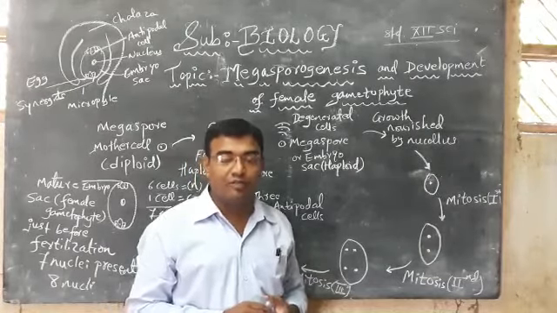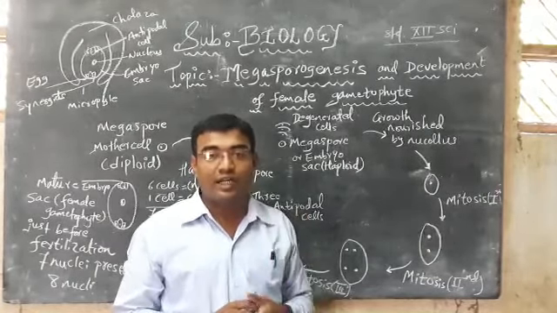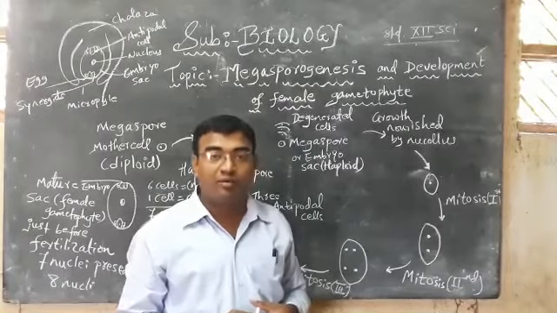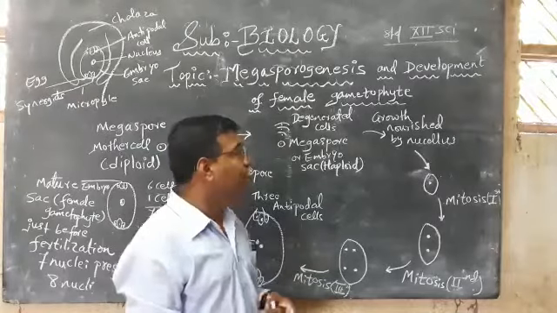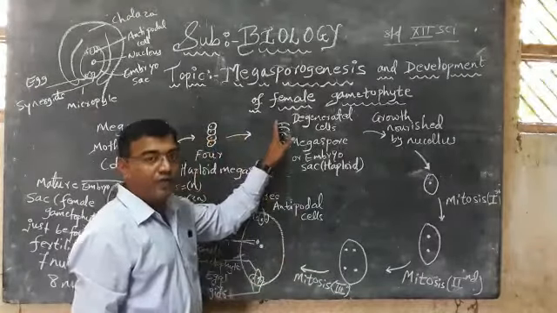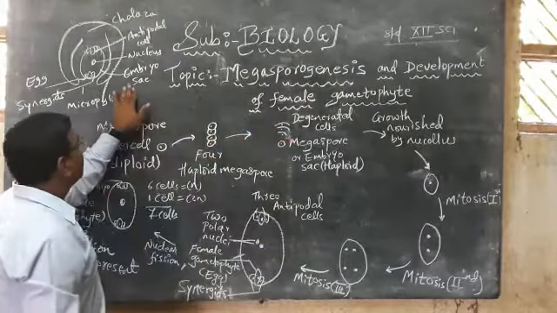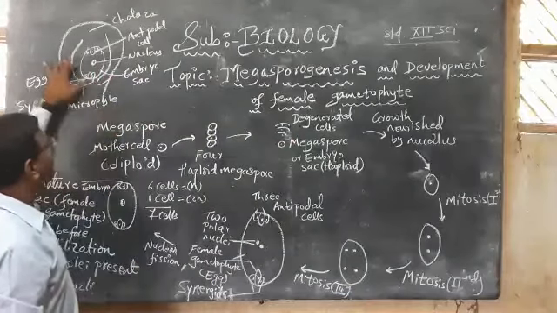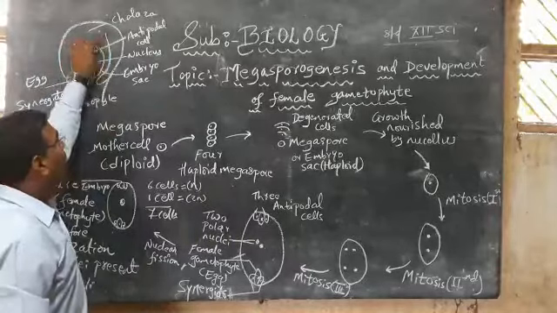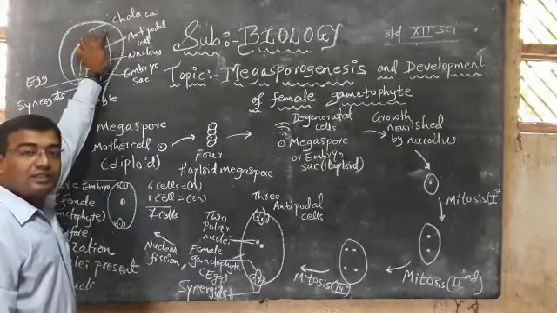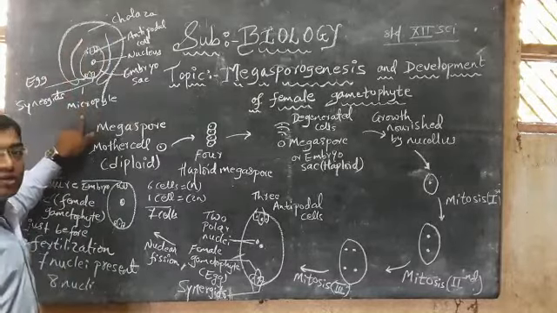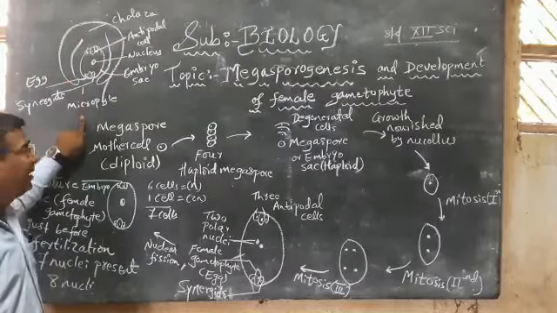What is female gametophyte? We have seen that there are two different kinds of gametes, male gametes and female gametes. So today we will discuss the female gametophyte. Before we start, we should know about the structure of the female gametophyte. In the female gametophyte, we have two different ends. The upper end is the chalazal end, which we call chalaza, and the lower end is known as the micropylar end, which we call micropyle.